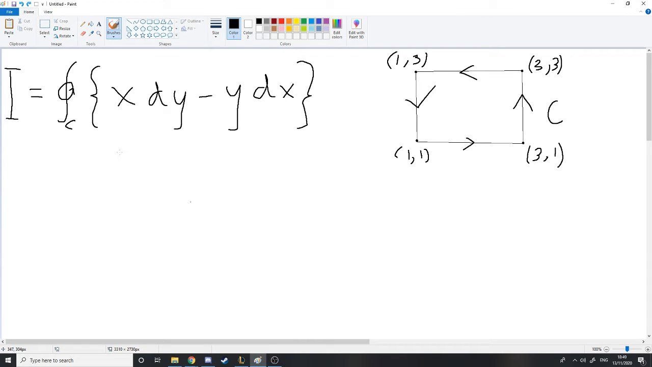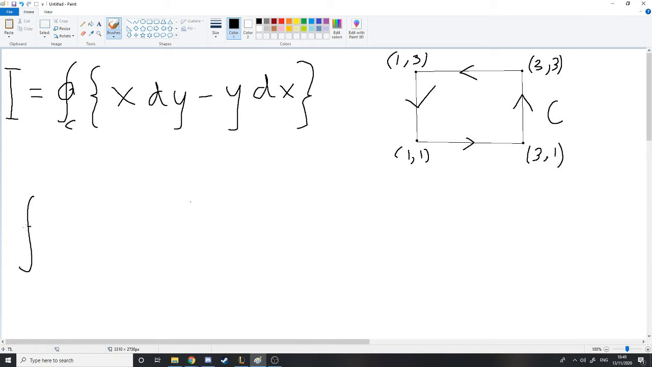Today I'm going to show you how to use Green's theorem to make this line integral over this curve really simple. First I'm going to write out what Green's theorem actually is, the statement of Green's theorem. So Green's theorem